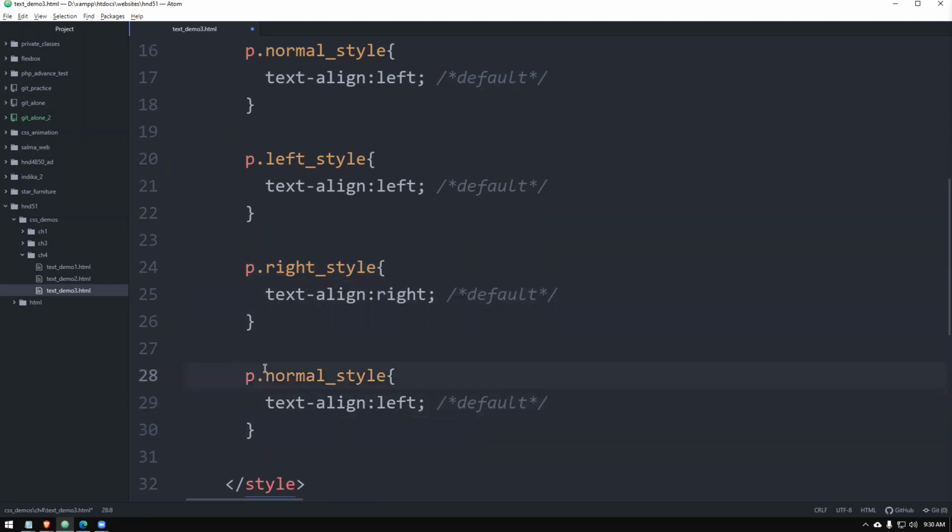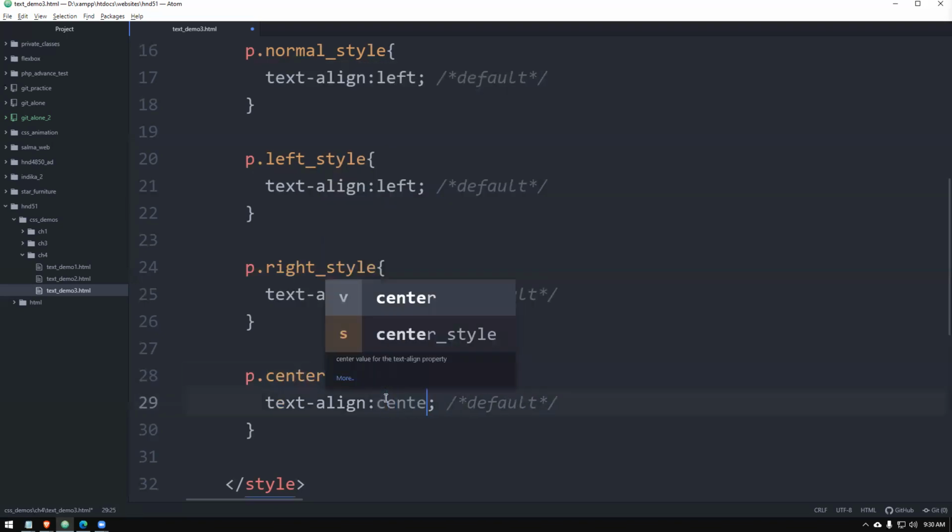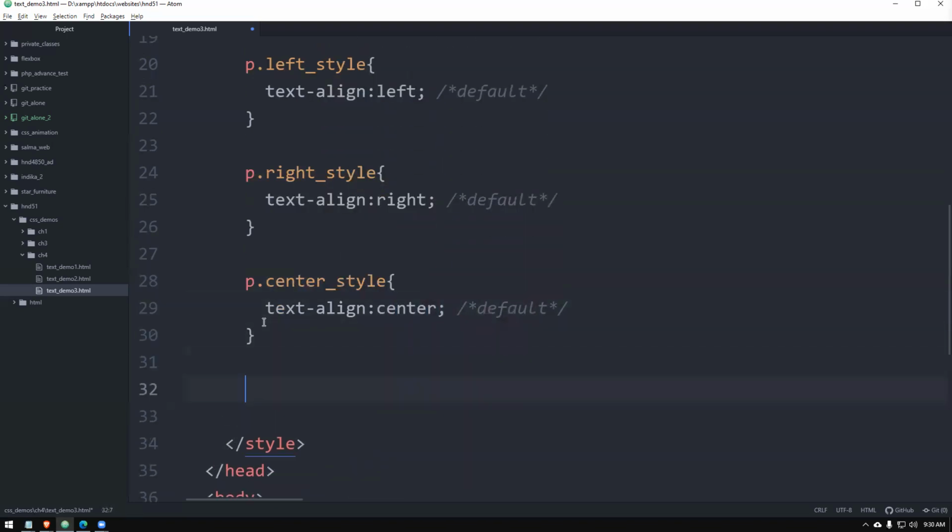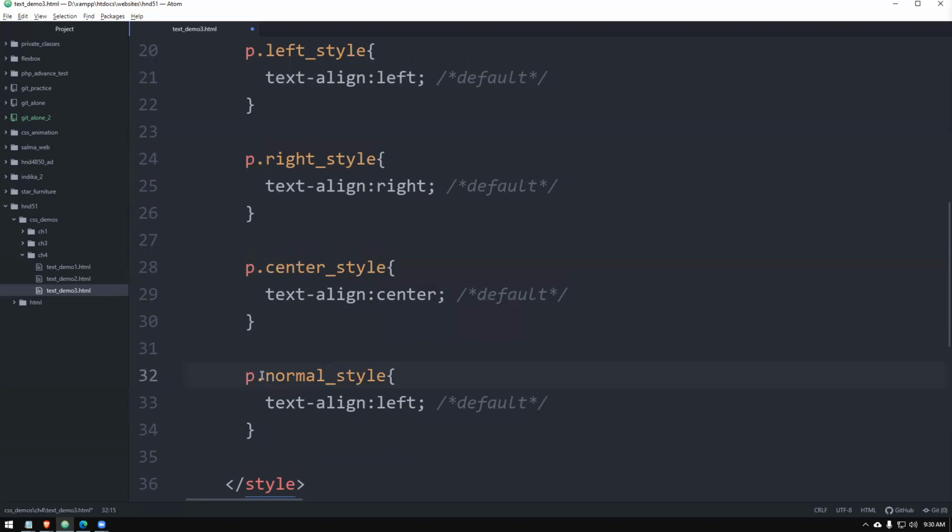Then center style. Here center. Finally, justify style. Here give justify.